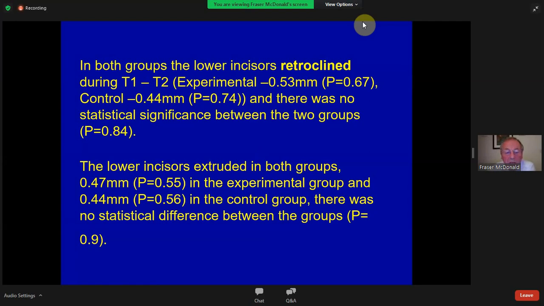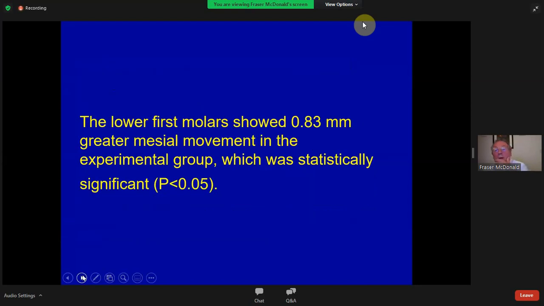We did try and keep them to all the same malocclusion. I do believe that different malocclusions will behave differently. That's one of the reasons why, as a profession, we've identified that there are different malocclusions, because obviously the facial form creating those malocclusions is different and the way they behave. In the ones with lacebacks, the lower first molars showed more mesial movement than those without lacebacks, and